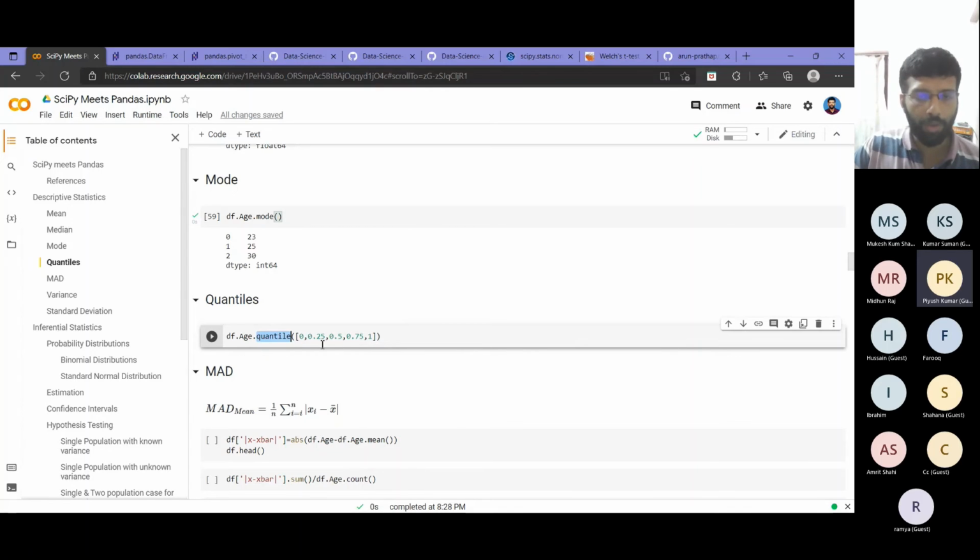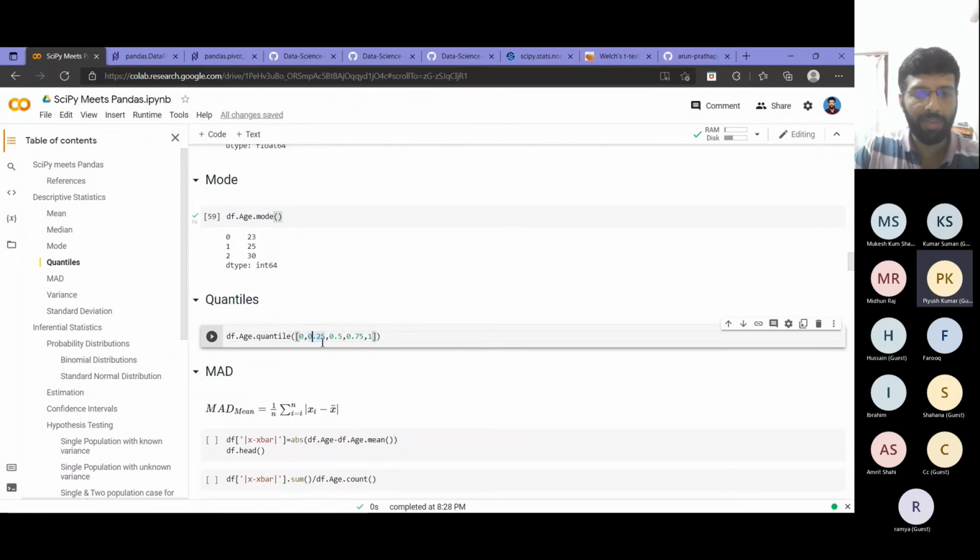which is mapped to a value between 0 and 1. So suppose I want the 80th percentile, I have to pass 0.8 here. Similarly, if I want the 5th decile, I have to pass 0.5 here. If I want the first quartile, I have to pass 0.25, second quartile 0.5, third quartile 0.75. Similarly, for percentile, you divide it by 100. Any percentile between 1 and 100, if I want it, pass it here, divided by 100.